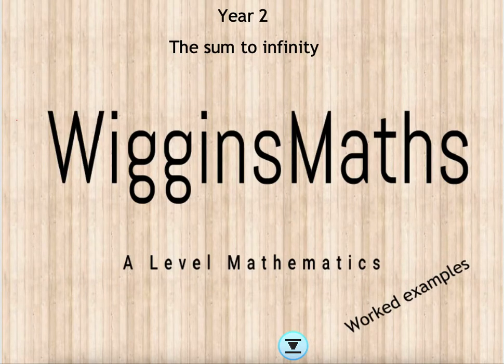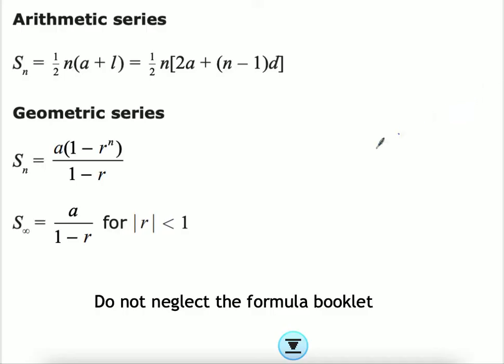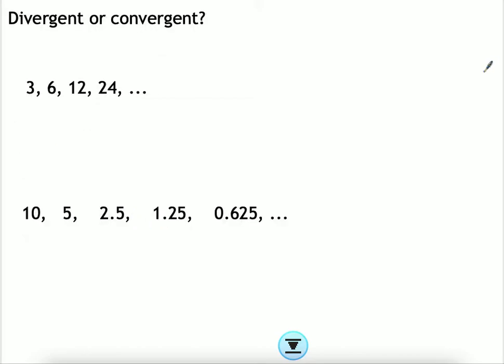In this video we're going to be having a look at the concept of the sum to infinity. Now the sum to infinity can only work if we're looking at a geometric series where the common ratio is between -1 and 1. The modulus of r is less than 1, and we'll have a look at why that is the case in a moment. Firstly, we need to have a look at the difference between a divergent and a convergent